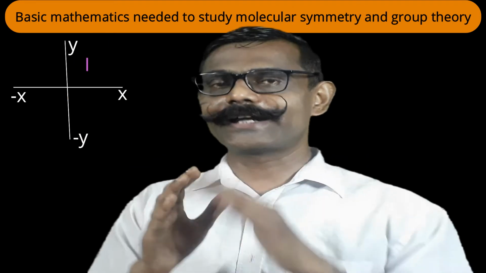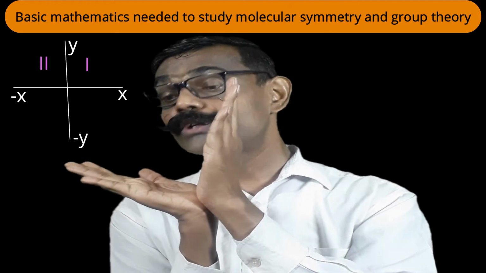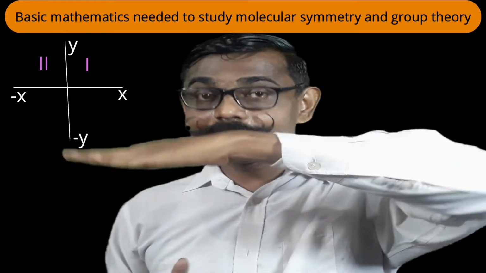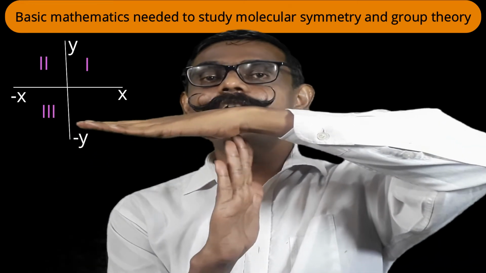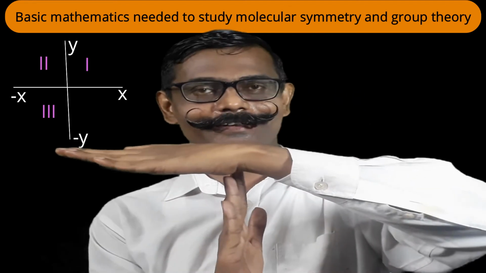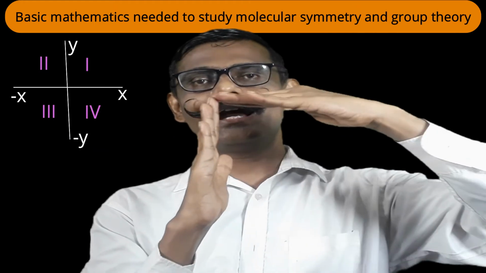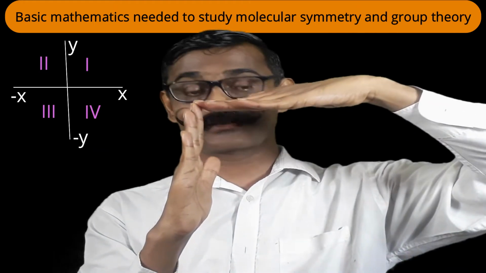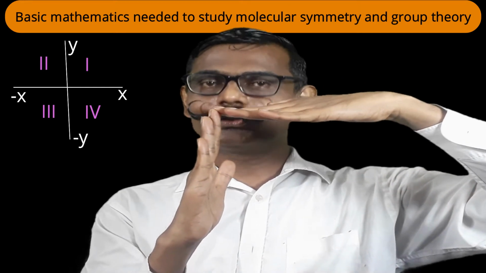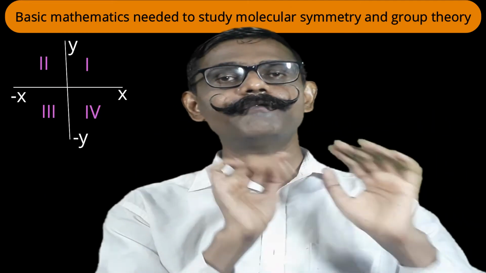To its left side, it's the y positive direction, x negative direction. Which quadrant is it? It is the second quadrant. Now, negative direction of the x-axis and negative direction of the y-axis: it is our third quadrant. And last, negative direction of the y-axis and positive direction of the x-axis. Which quadrant is it? Fourth quadrant. So we divide those angles into 4 quadrants: first, second, third and fourth.